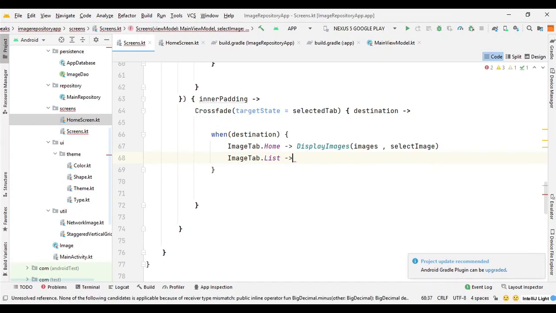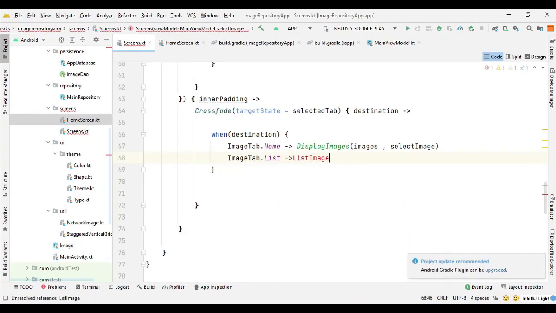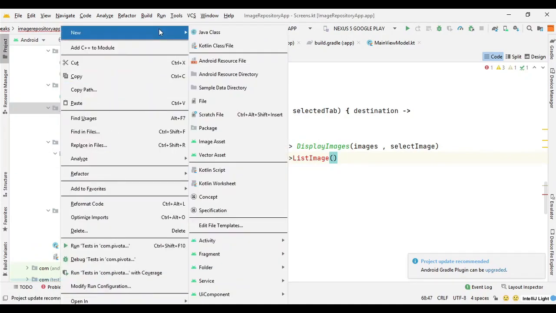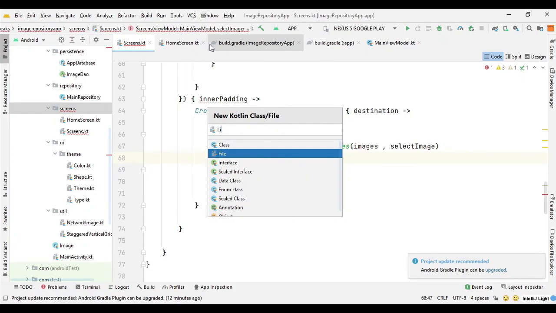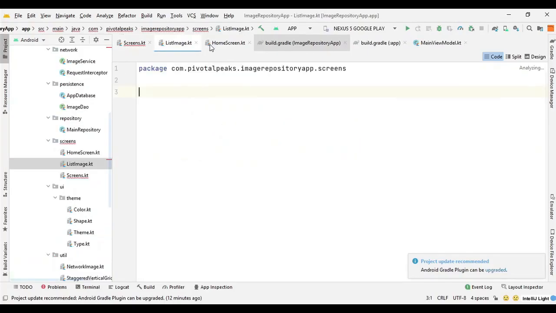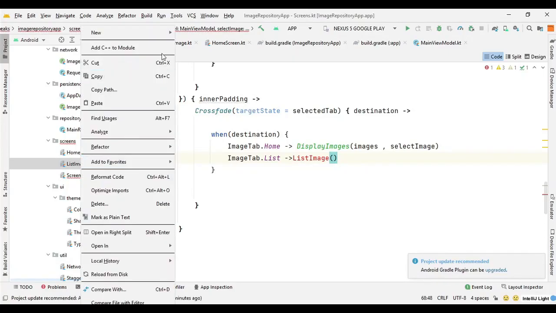So we can say here ListImage, which we have not created yet. So let's just create it quickly. We won't put anything in this file yet. We can just say ListImage for the sake of the project. Let's call it actually ListScreen, not Image.